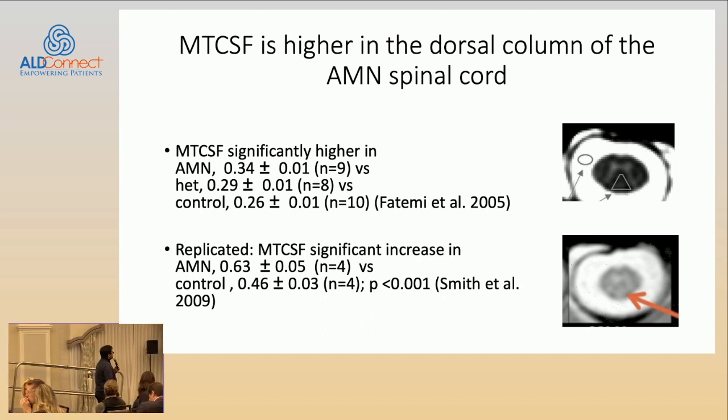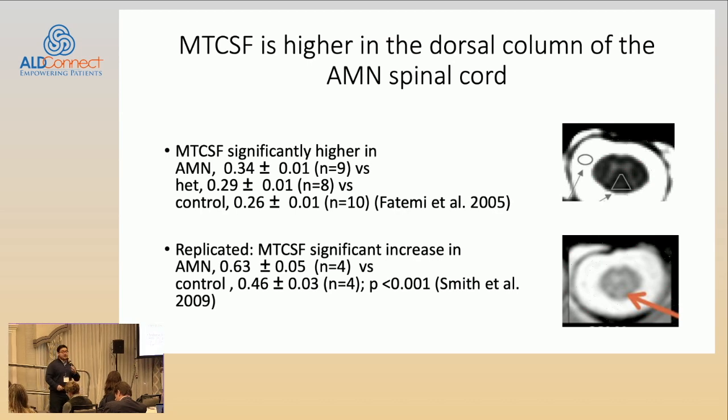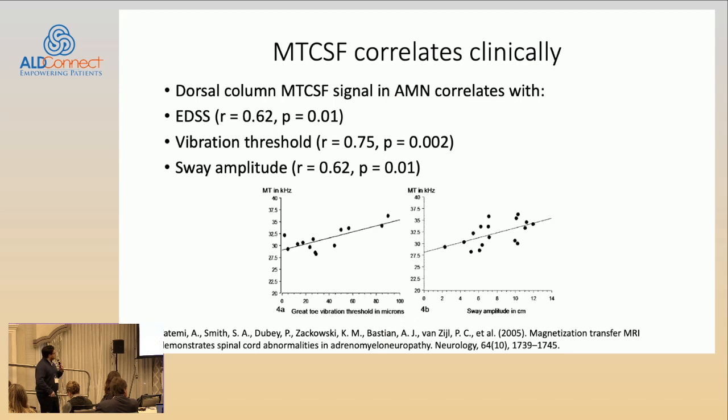Here are the numbers. MT-CSF in 2005 was significantly different in AMN heterozygote females compared to controls, and this data was replicated in 2009 as well. And again, this is one time point, cross-sectional. So the question,